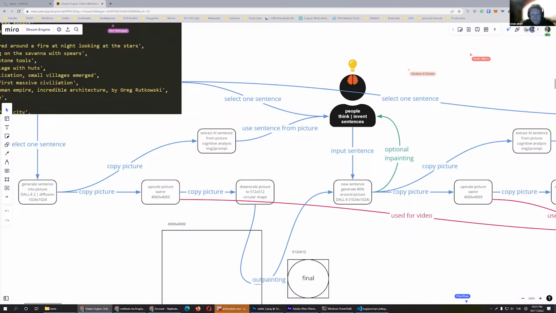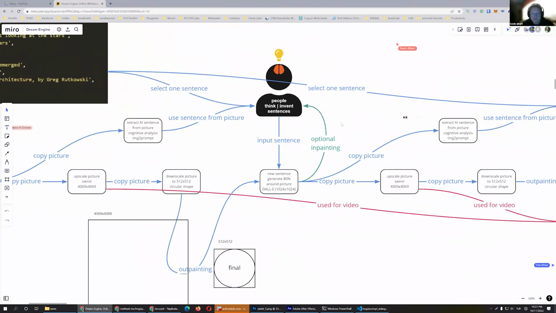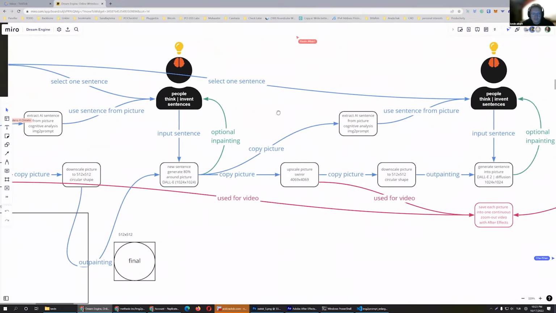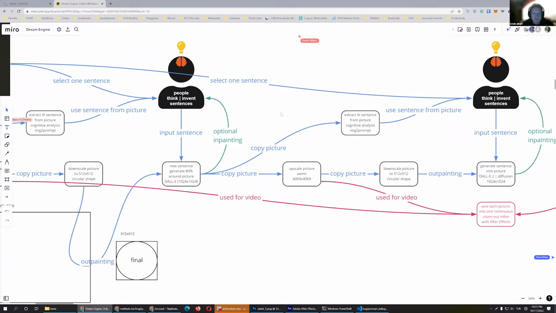And then we put that unmasked image, Sam can demonstrate it in a few minutes. And then we put that in Dall-e again, and generate the new 1024 by 1024 pixel image